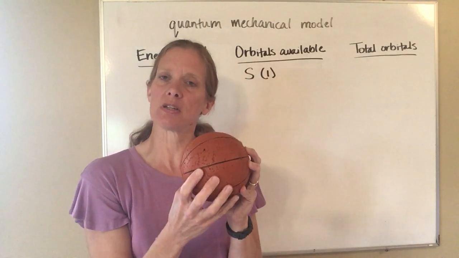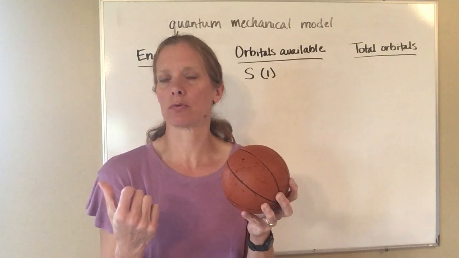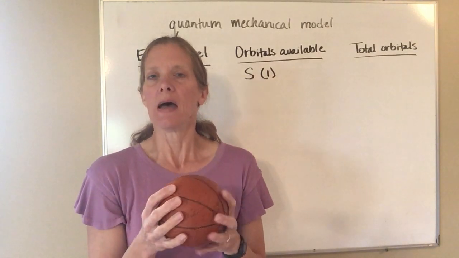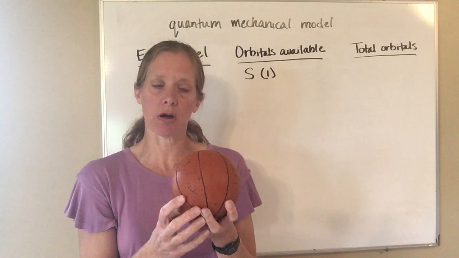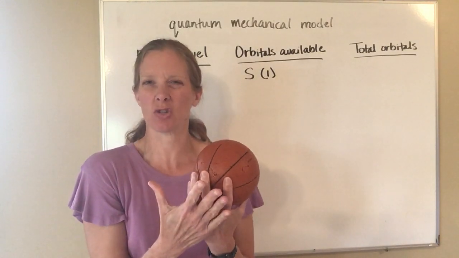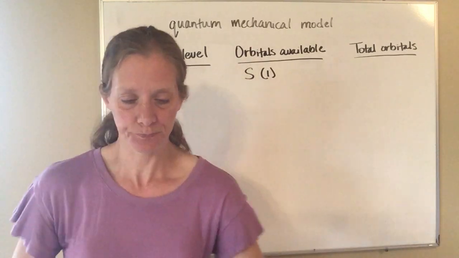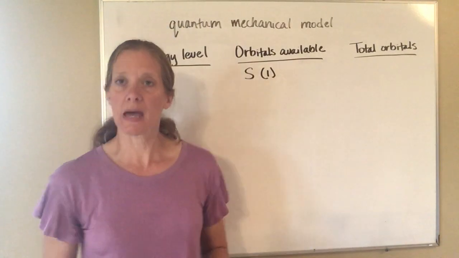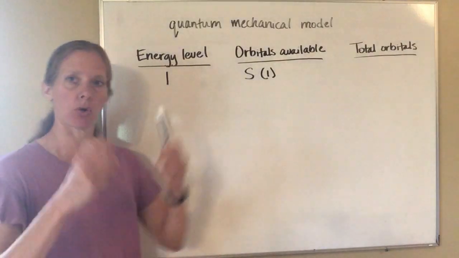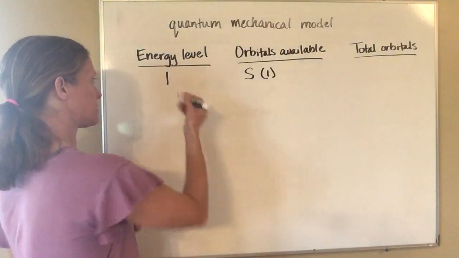And you have to think of it as three-dimensional. A lot of times when you're looking at the pictures in your book, they try to draw a picture of a sphere, but because it's a flat two-page picture, you sometimes forget that, okay, this is really three-dimensional like a ball. Okay? Now, when you get to the second energy level, so another layer out, so to speak,